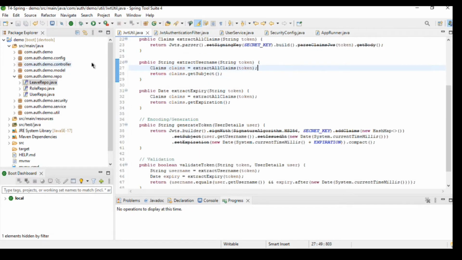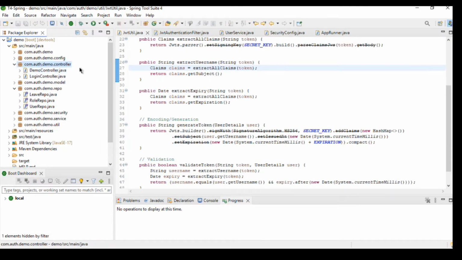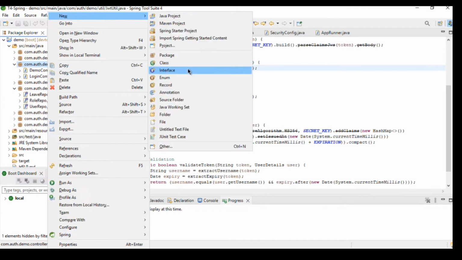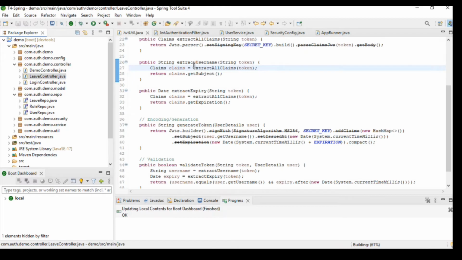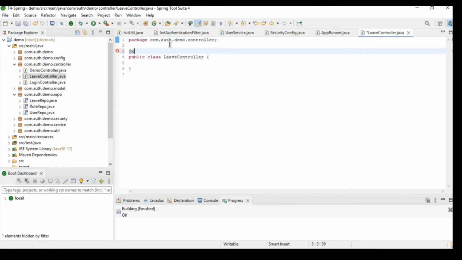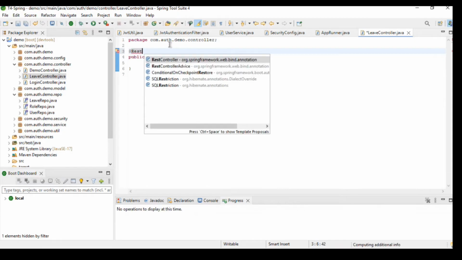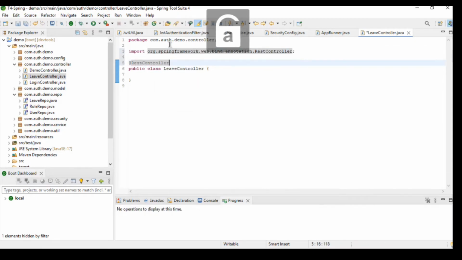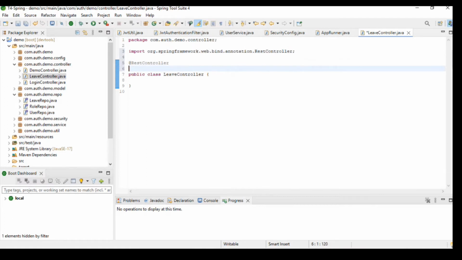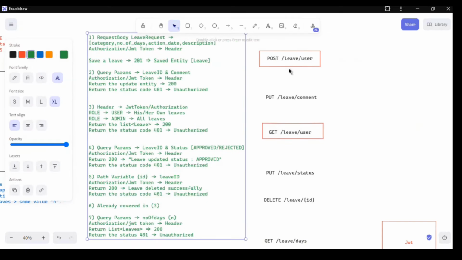Next thing I need is a way so that my user can interact with this. So let's go ahead and create the controller quickly. New class, leave controller, and this is going to be an address controller, first controller. And then, if you come back to my diagram, you can see all of my endpoints